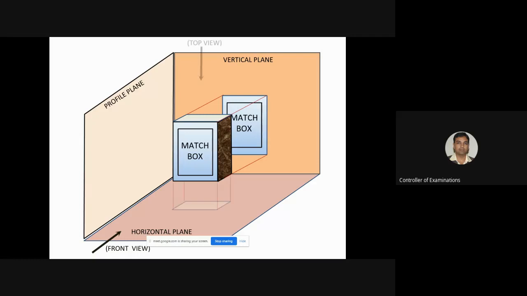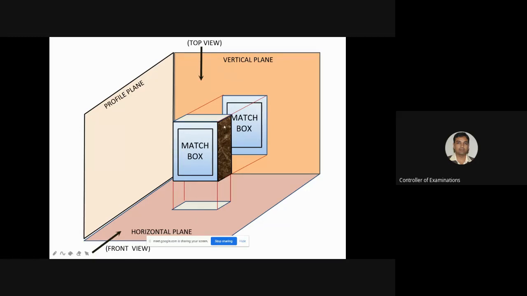Let's go further. Top view. You are looking from the top and you are seeing the matchbox. What are you seeing? You are going to see this top surface of the matchbox. You are not going to see anything else. So this top surface, the rays of light are going to fall where? On the horizontal plane, HP.